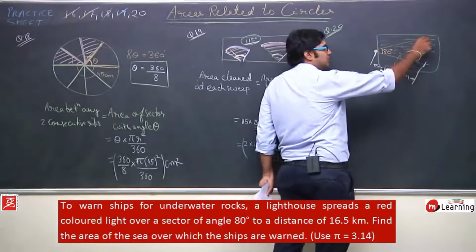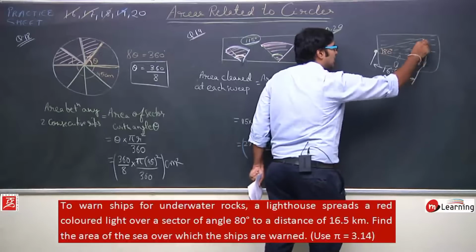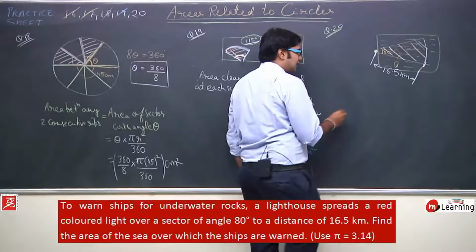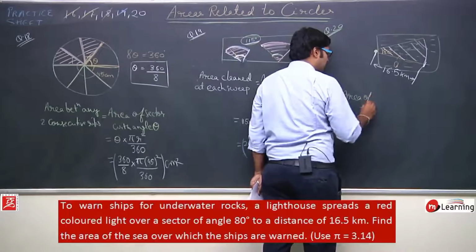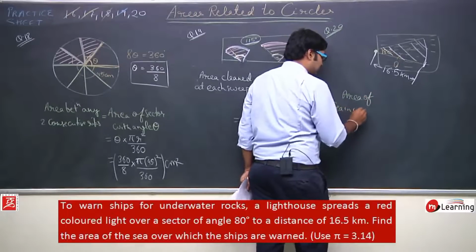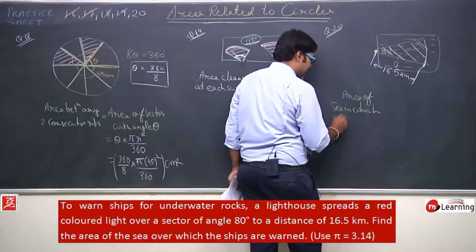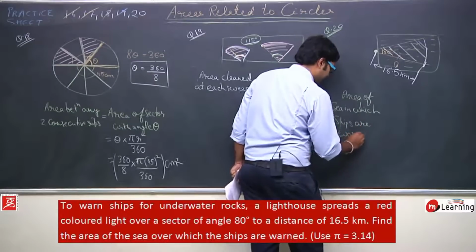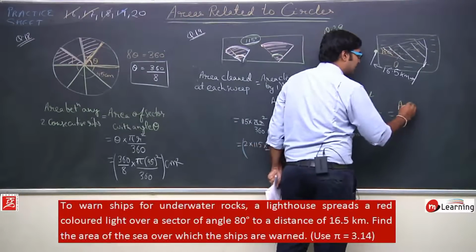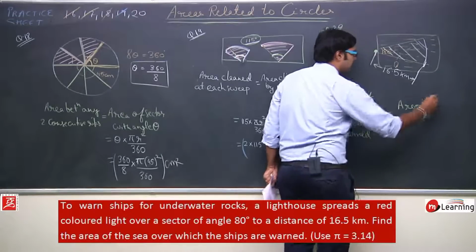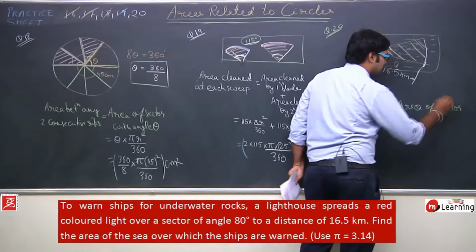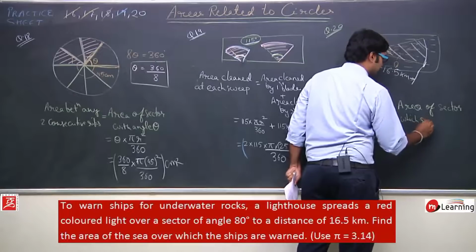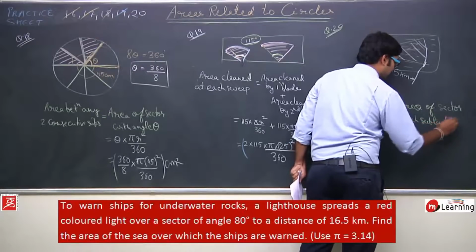So, in which area can I warn the ships? I can warn the ships in this particular area. So, this will be the area. Now, this is the area of a sector. So, what I can write is area of sea in which ships are warned is equal to area of sector which subtends an angle of